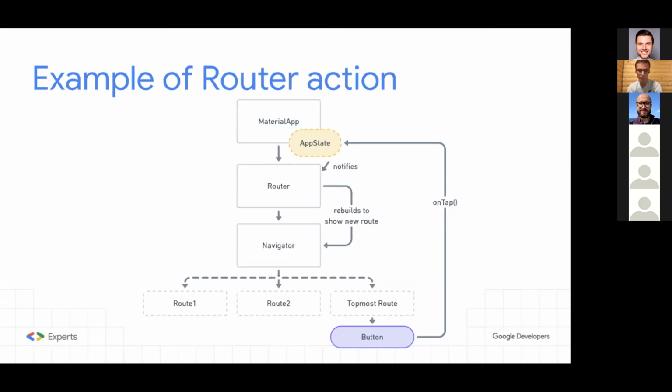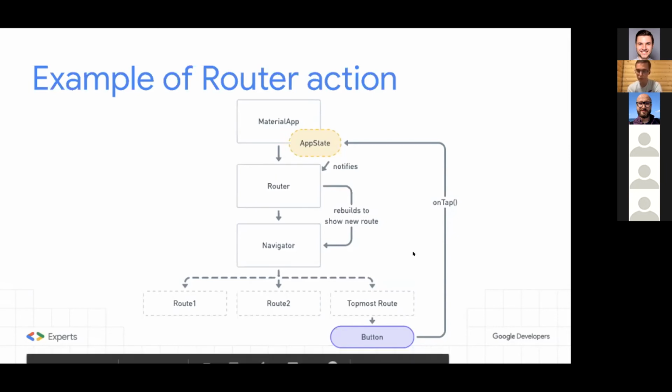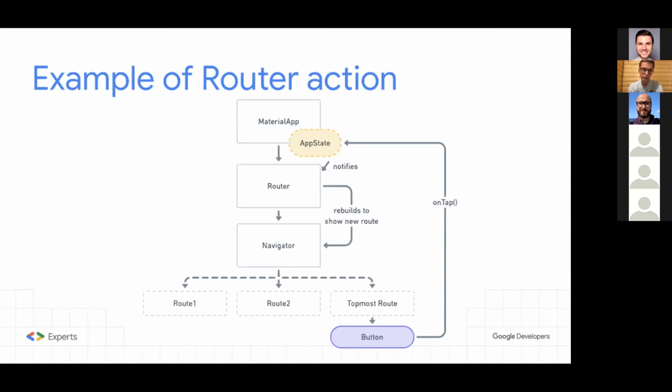Before that, you would push a new page here, a new one there, it all would happen maybe through the navigator, but it wouldn't be a top-to-bottom approach as you usually have in Flutter. And we'll go through the router characteristics in a second.